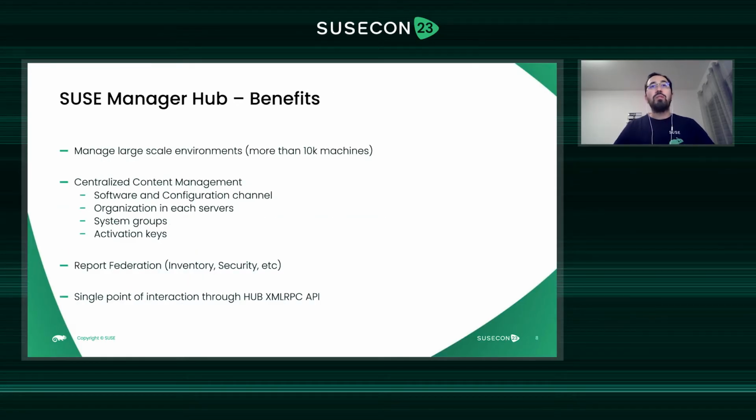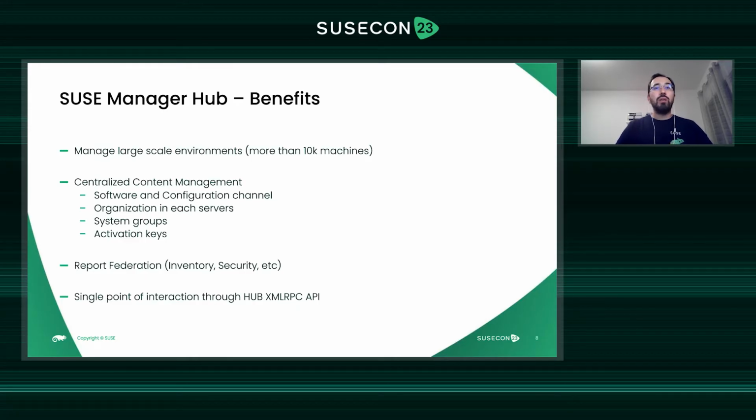Some of the benefits of the hub server are, as I said before, managing large scale environments, so more than 10,000 machines. It also provides a way to have central content management, so you can have software and configuration channels managed in the hub server, and this content copied to the peripheral servers, along with organizations, system groups, and activation keys. It also provides report federation, so the report capabilities that SUSE Manager already has